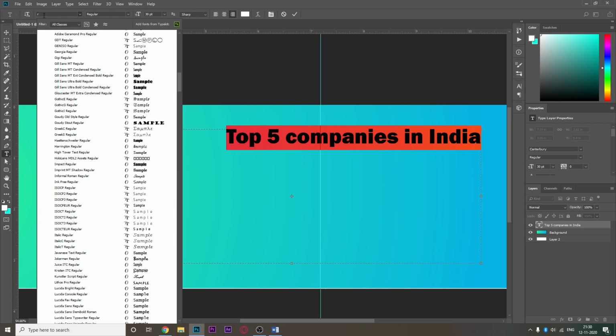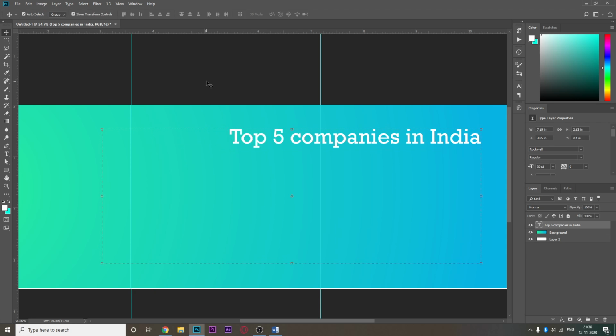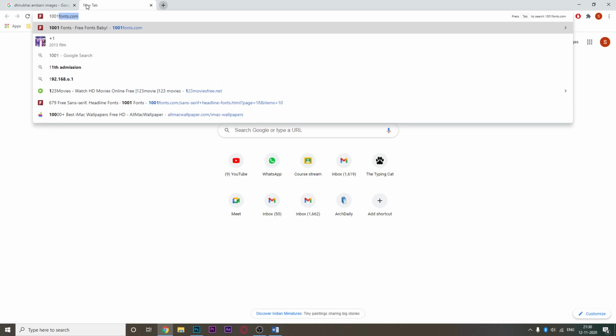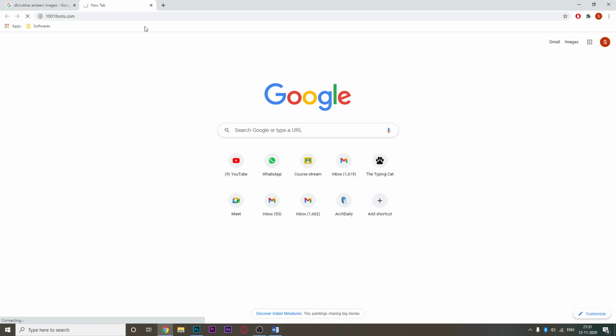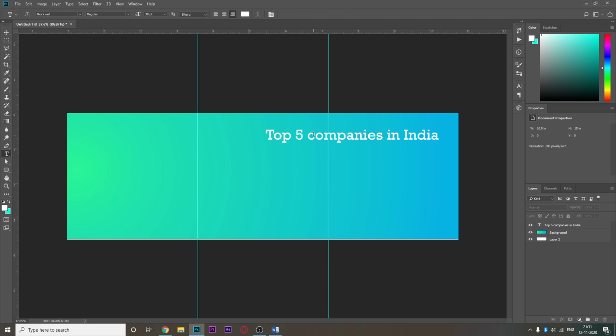I'll also suggest you guys Google best fonts or something like that. I'll select Rockwell regular. I really like this. Okay, this website, we'll come back to you, Mr. Dhirubhai, in some time. Apologies. So 1001 fonts, 1001fonts.com. Very interesting site. If you give it enough time, it's genuinely one of the best sites to search for fonts. My internet is a bit bad, so it will take some time. Till then, I've selected this.